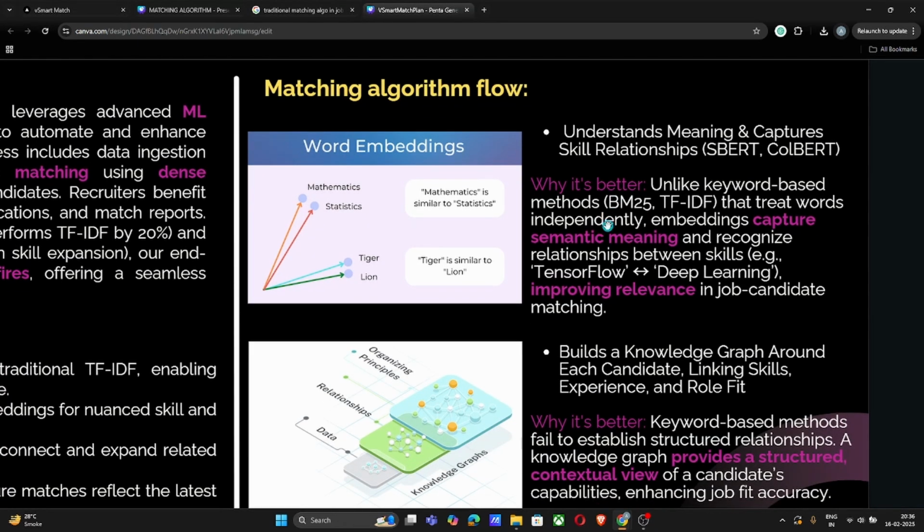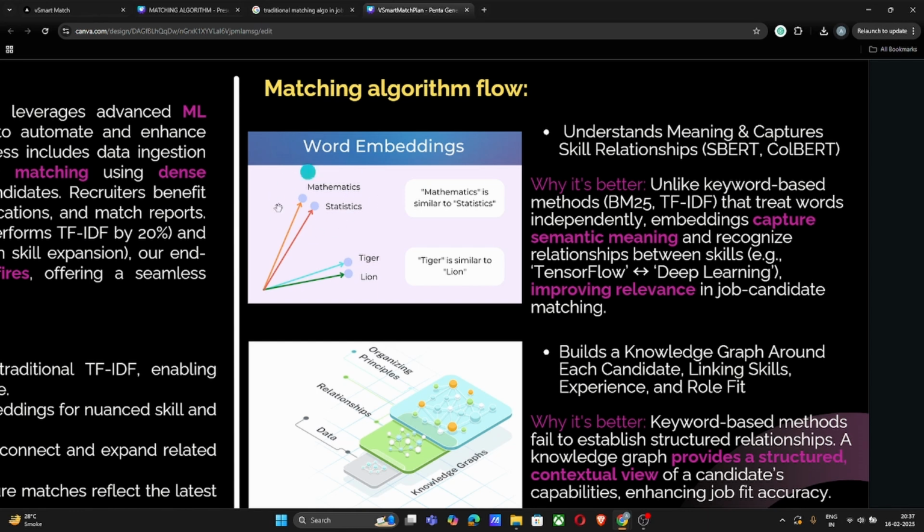So here we have the PPT. We will be going with this flow. First thing, why embeddings? Because embeddings are capable of capturing semantic meanings. For example, if I have a job description where I want a candidate who is very good in deep learning, but I have not mentioned any tech stack, I have just said I want a deep learning person, a text matching algorithm won't suggest a person who has not mentioned deep learning in their skills but has mentioned skills relevant to deep learning. But embeddings are capable of doing it.